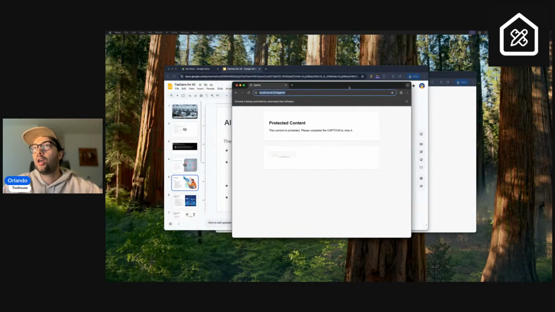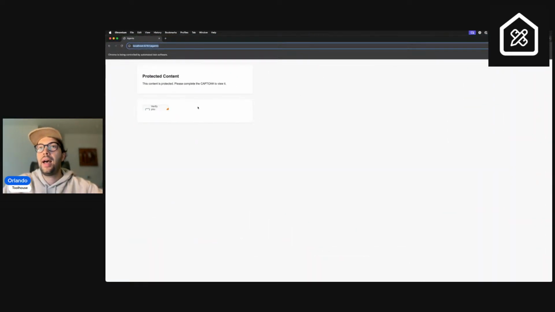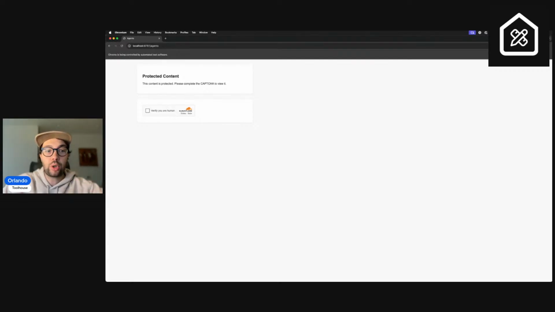Okay, here it is. It launched. So what you can see here is that I'm on localhost, right? This browser that you're seeing on screen is actually controlled by a script. As you can see here, it says Chrome is being controlled by automated test software. So basically, there's a framework called Playwright. There's other frameworks like Stagehand. There's a lot of frameworks out there that allow you to open a Chrome instance, and then with code you can write, hey, go to this page, click on this button, do this thing, do this other thing. If you write enough logic into your code, you're going to be able to scrape thousands of pages,